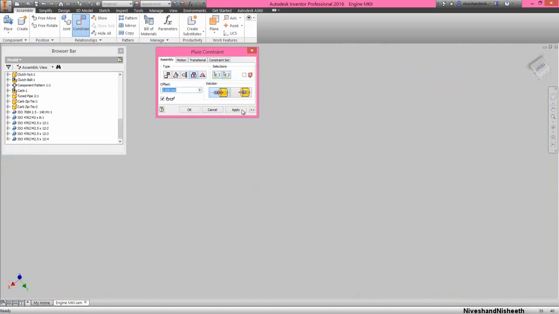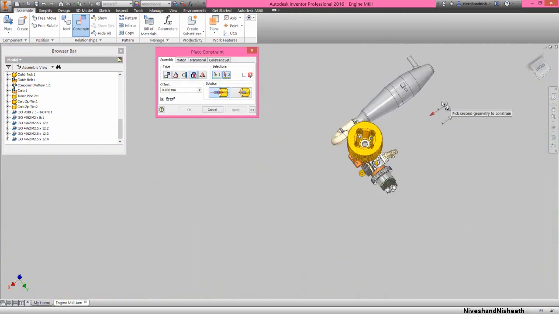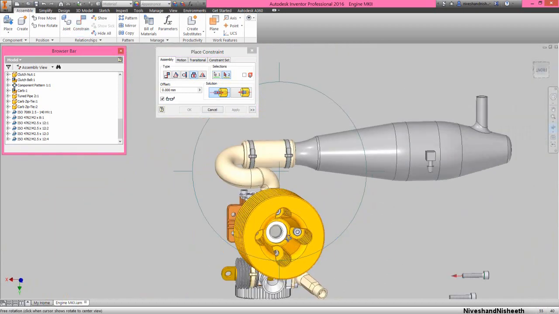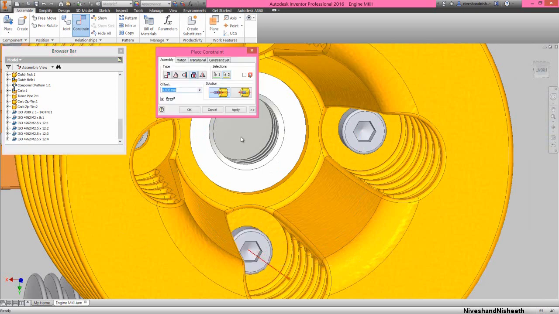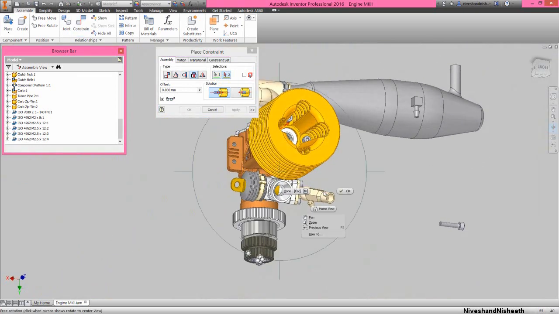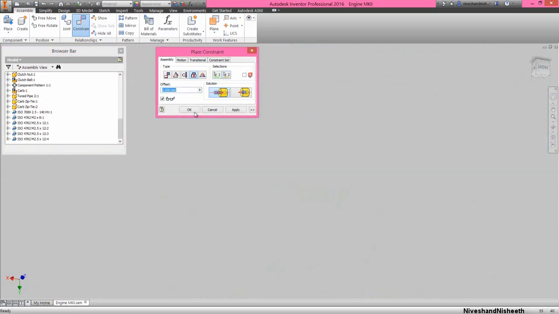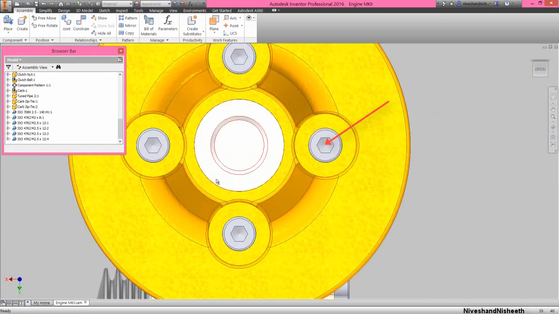In the same way, we will fix the remaining bolts over the engine head part like this. Okay, that's it. My 4 bolts have been properly fixed over my engine head model.